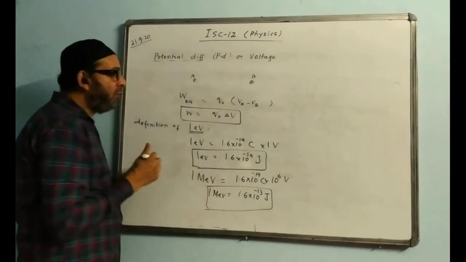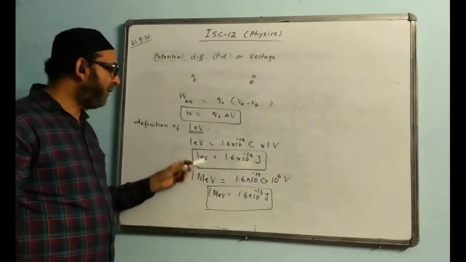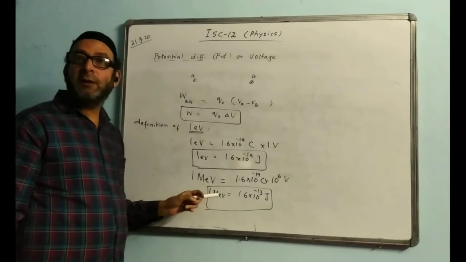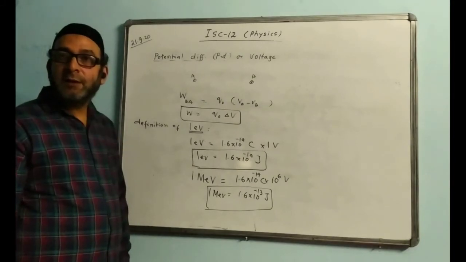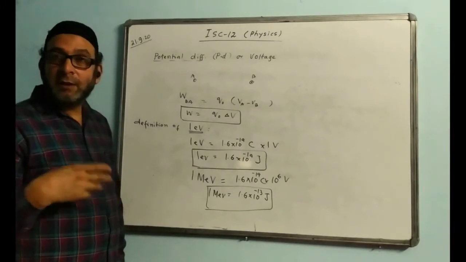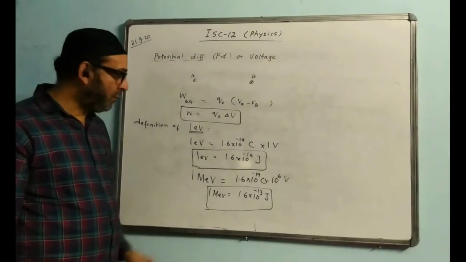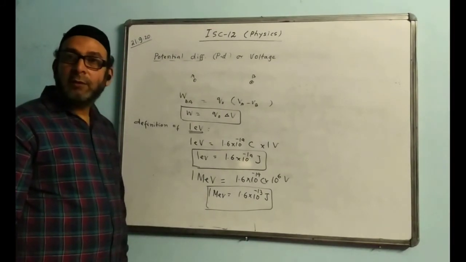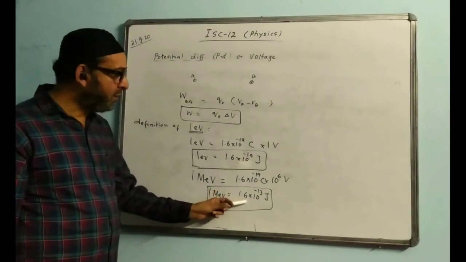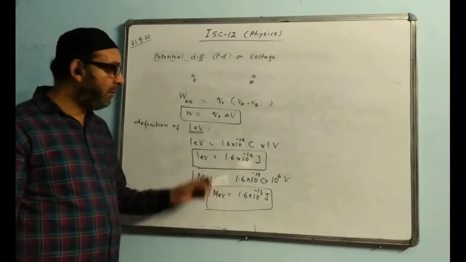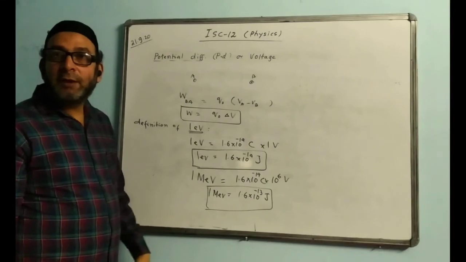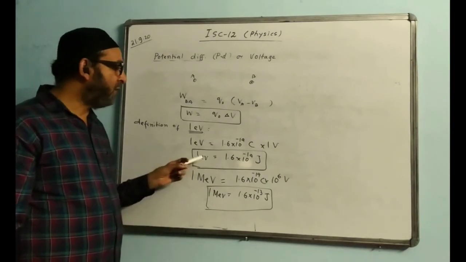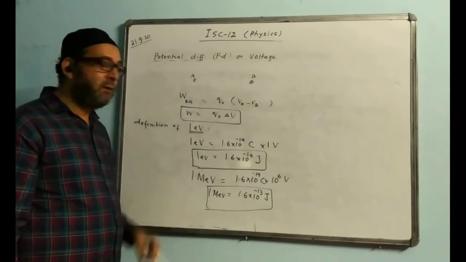In problems you will come across this kind of value. These values will be used in the last chapter, nuclear physics, where the amount of energy released during fission and fusion processes is all in mega electron volt. So there you will be using this value, 1.6 into 10 to the minus 13. Please remember this. Which physical quantity is represented by electron volt? We say energy, or we say work.